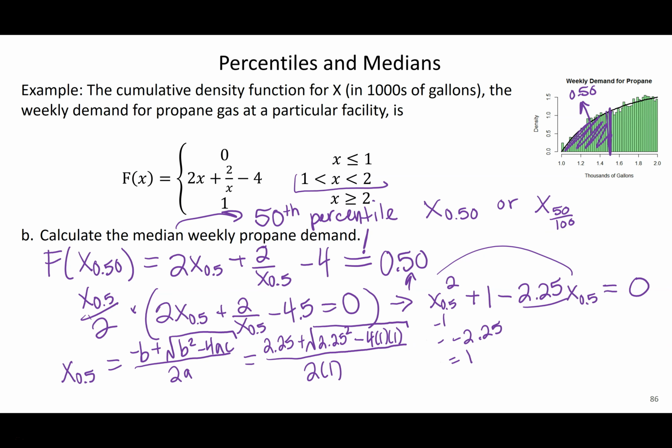So just going to clear some space here. Because it's a quadratic formula, I can get up to 2 values here. I could get 0.6096 or 1.6404. And so this is that time where you have to go ahead and look at it and say, does it make sense that 50% or below